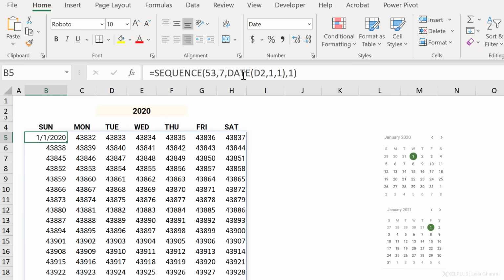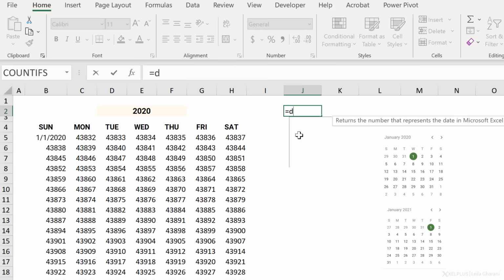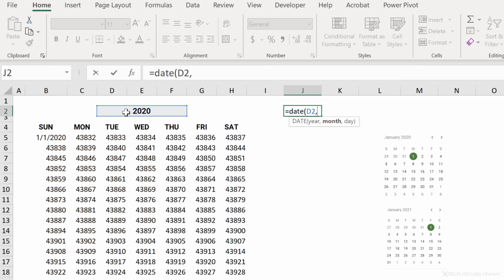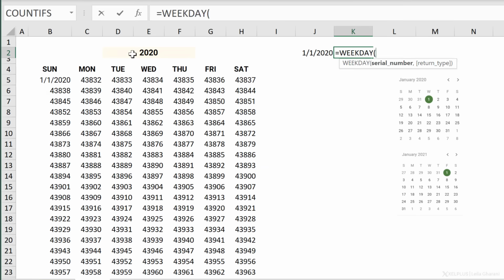So we can use the DATE function here, but we need to figure out the correct date because currently this is incorrect. 1st of January belongs to a Wednesday. So how could we figure this out in a dynamic way? Well, let's do this to the side up here. We know that we can use the DATE function to get the 1st of that year, just like we did before. We need to figure out what weekday is associated with this date. Here I can use the WEEKDAY function. All I need is my date here.